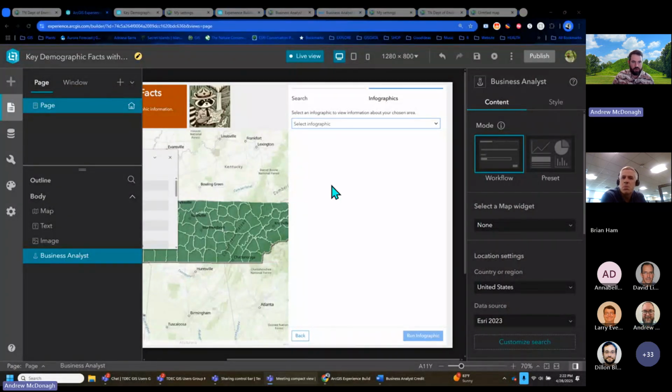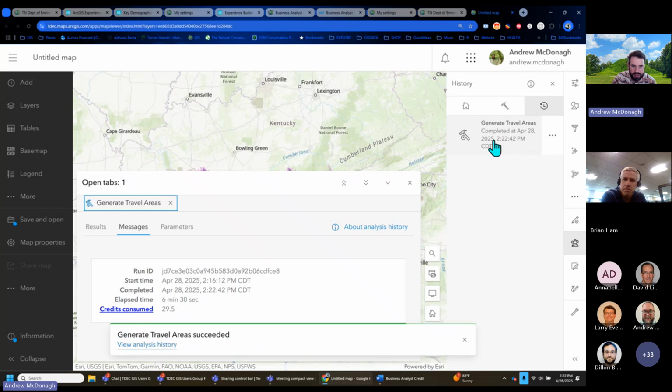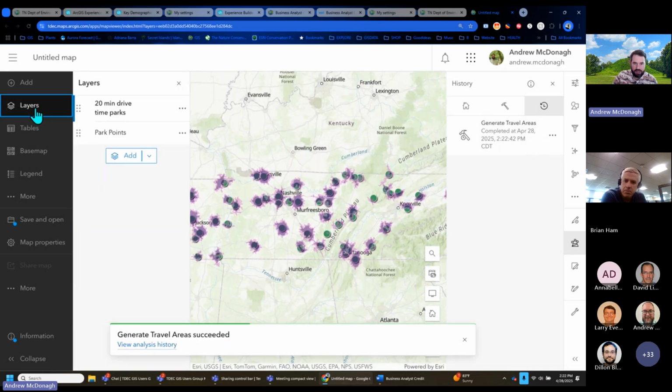Yeah, sure. So what you need to do is create a web map with the geometry you want. So I think I might have finished. Did it finish generating my drive times? Yes, it did that. So I can add that layer to here. Now you see these 20-minute drive times. If I save this map, let's call it